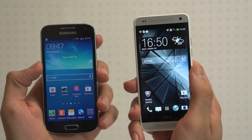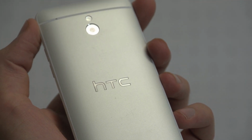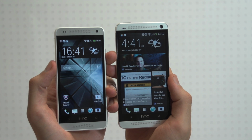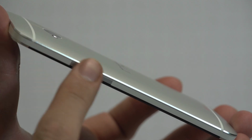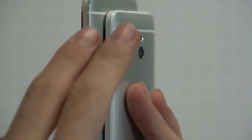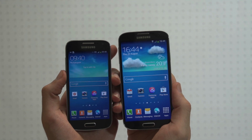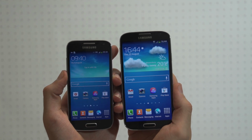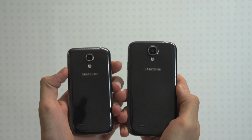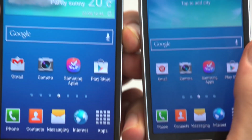It's safe to say that HTC takes the design round by a wide margin, carrying forward the aluminium unibody chassis of the original One. The smaller version makes some sacrifices. The chamfered metal edge, for instance, has been replaced by a plastic band. The volume rocker has seen similar changes too. Meanwhile, Samsung's S4 Mini looks almost exactly like a mini S4. It packs the same glossy plastic, the same rounded construction and the exact same button configuration, as well as a